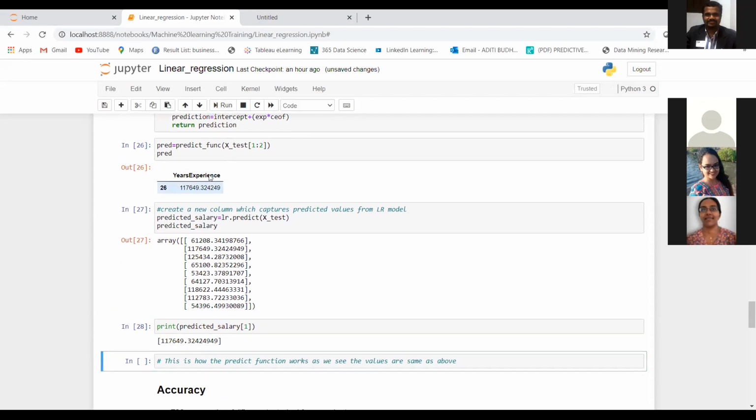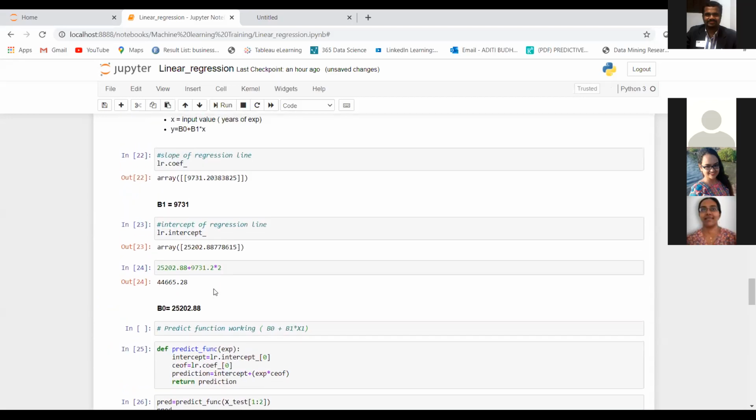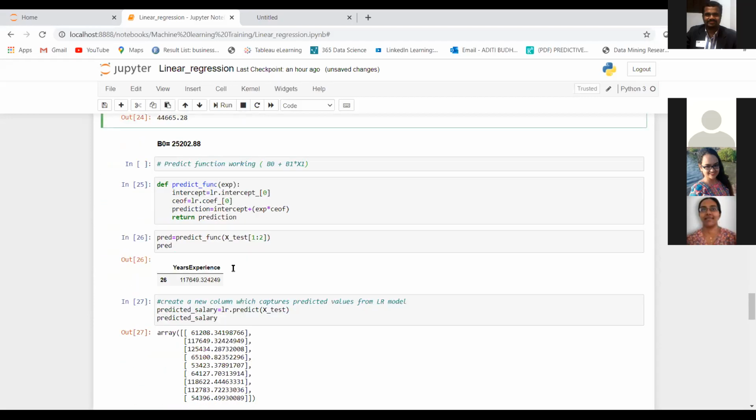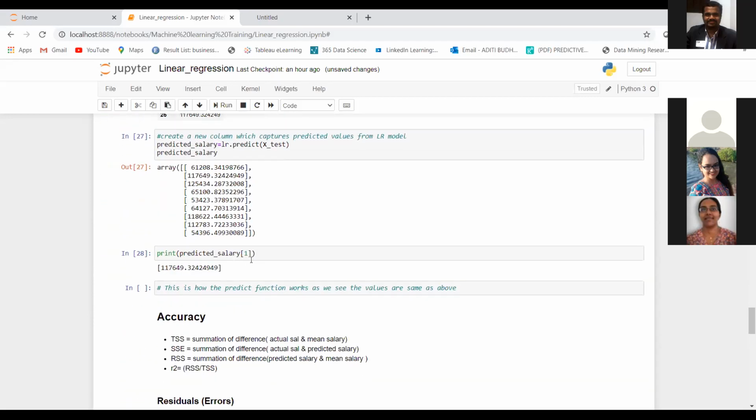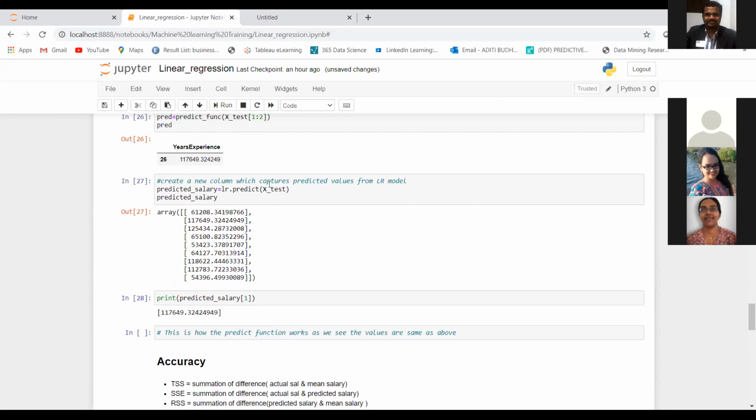And see here, we are getting exactly the same value. So this is just for the demonstration of how predictions are made. Predictions are basically made using this method over here. We have done this manually, and this is exactly how predictions are made using the predict function.